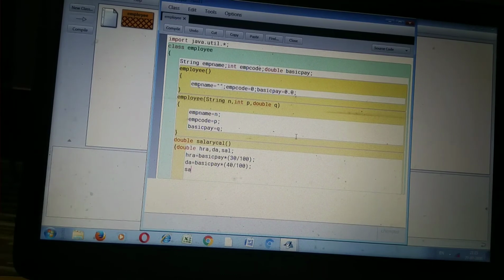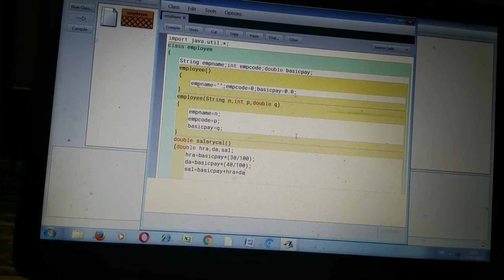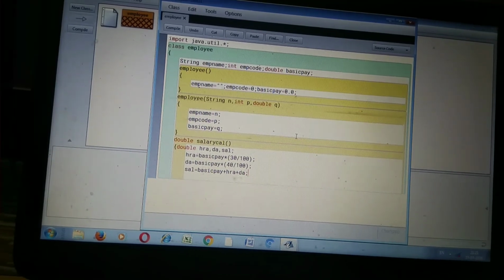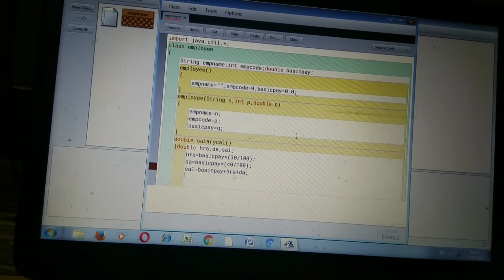The sal variable is equal to basicPay plus HRA plus DA. So we get the salary of the employee.